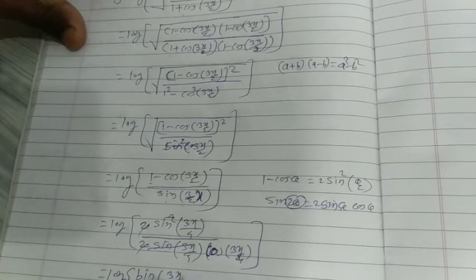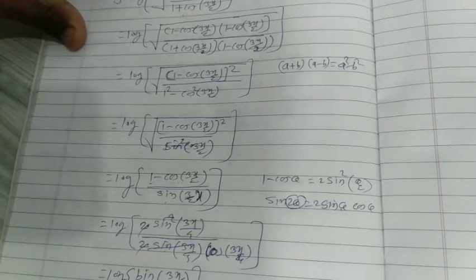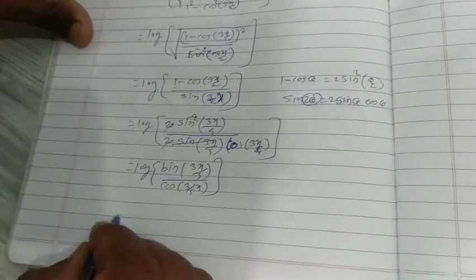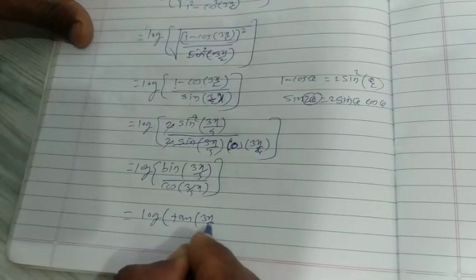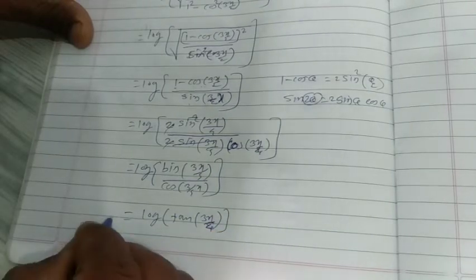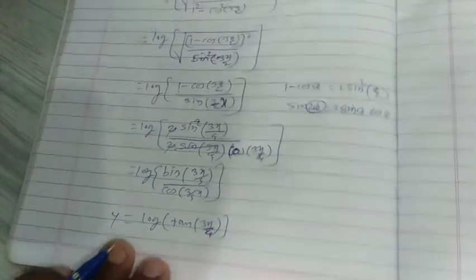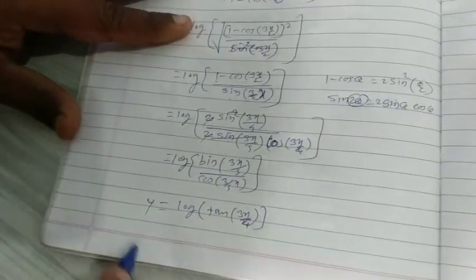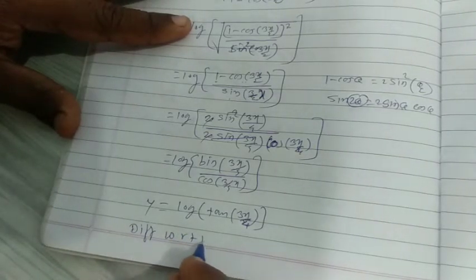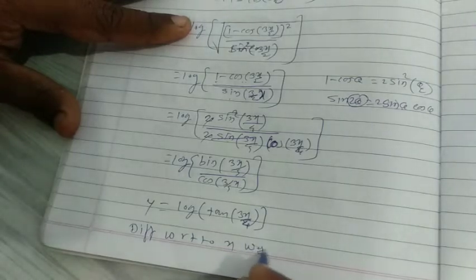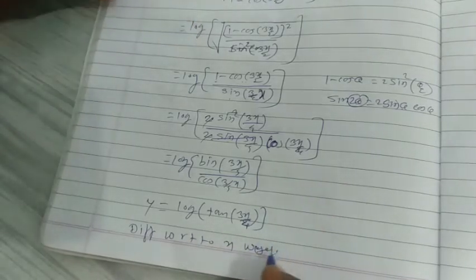Sine 3x by 4. And what about the denominator? Cos 3x by 4. It converts into a simple formula, log of tan of 3x by 4. Now we simplify the given function into a simpler function and then differentiate with respect to x. We get...